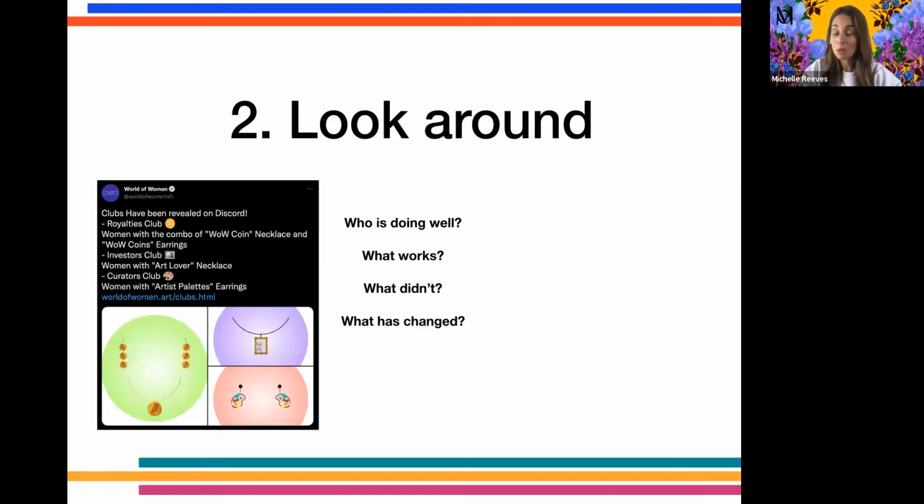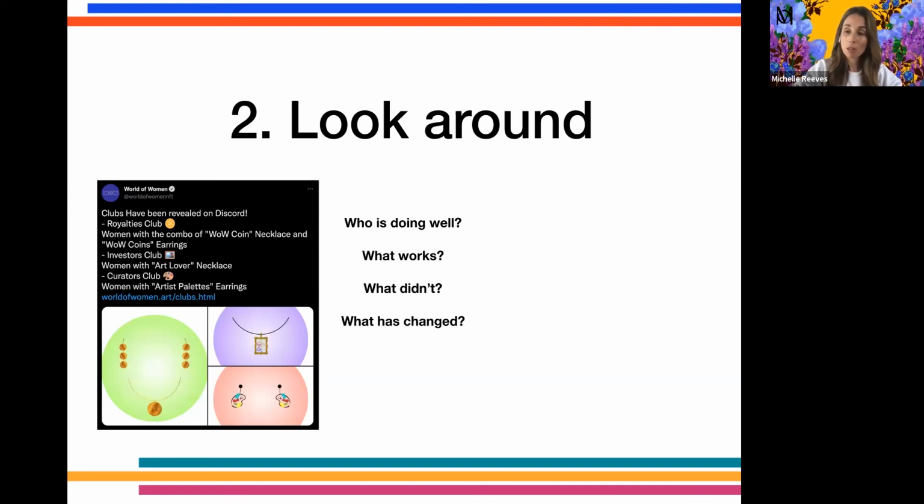All right, so a couple of examples that we can dive into when we're looking around. Here are some gold standards to think about as you think about your own NFT project. World of Women. So they created a utility with a royalty and special benefits for certain holders. Now, this wasn't announced during the mint. So when World of Women launched their NFTs, they minted and you got any number of different traits. But after they minted, they announced that if you had these combinations of accessories on your artwork in your NFT, you would receive these different benefits.